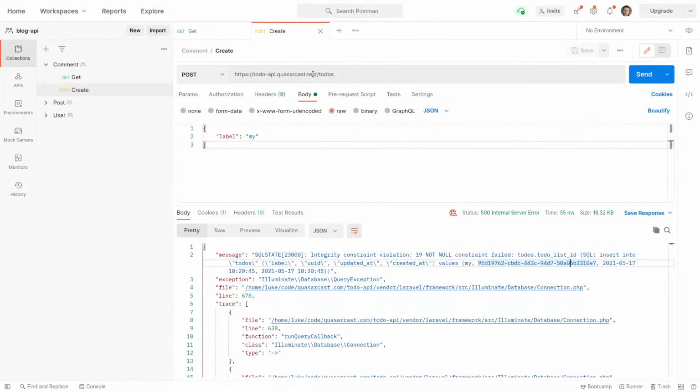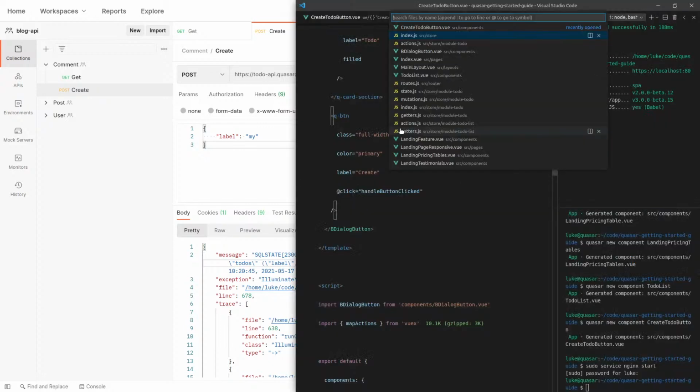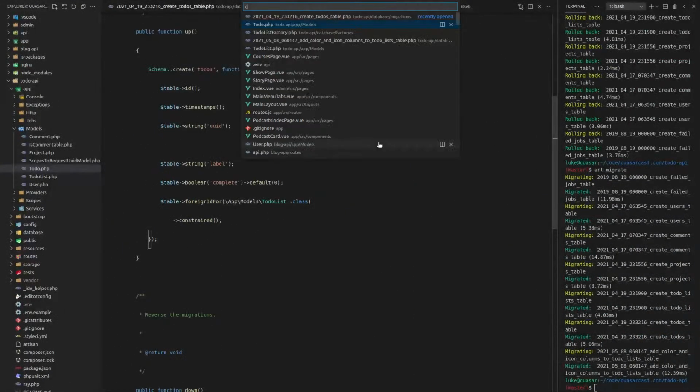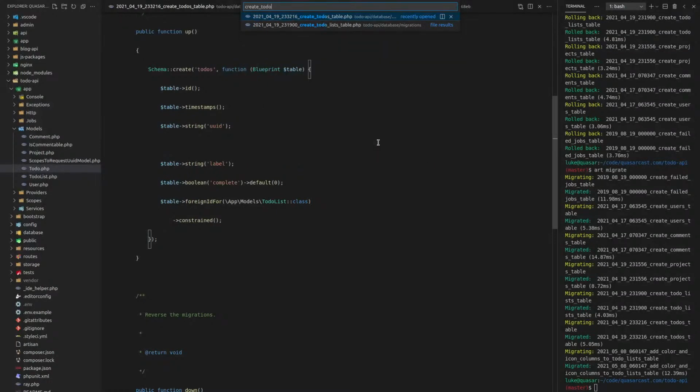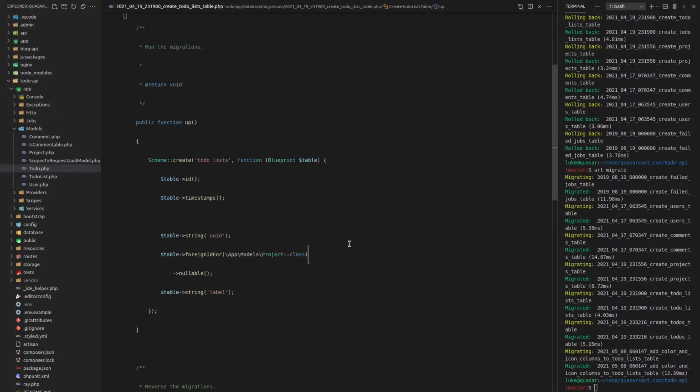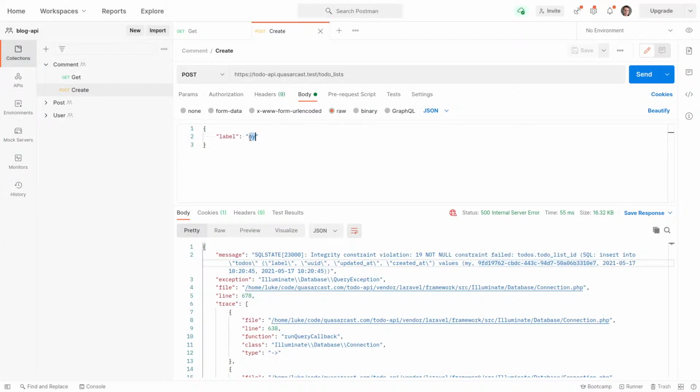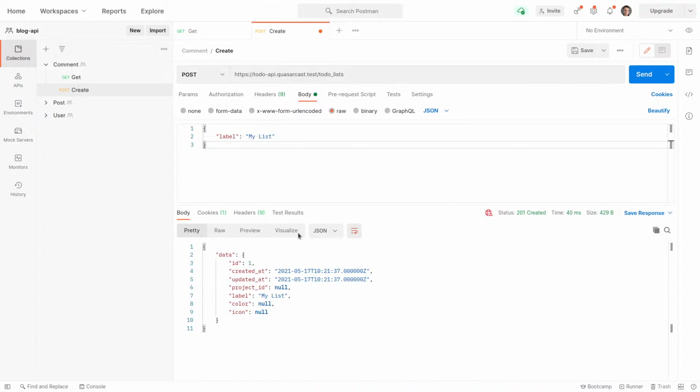So let's say to-do underscore lists. And I can't even remember what this needs. So let's go to create underscore to-do. Once again, I'm in the wrong project. Create to-do list table. And, okay, the only thing we need for that is a label. So let's set the label to my list, send that, and that should give me an ID, and the ID